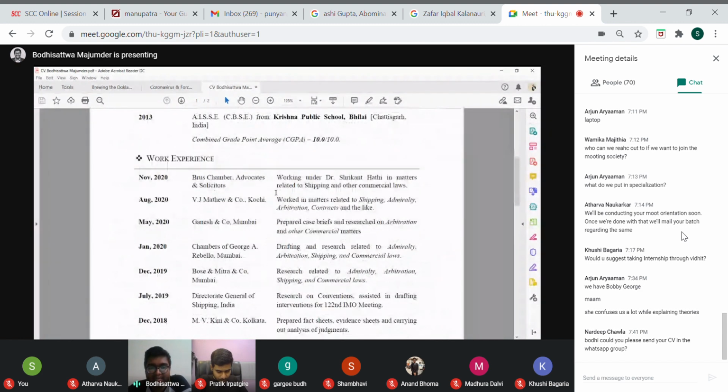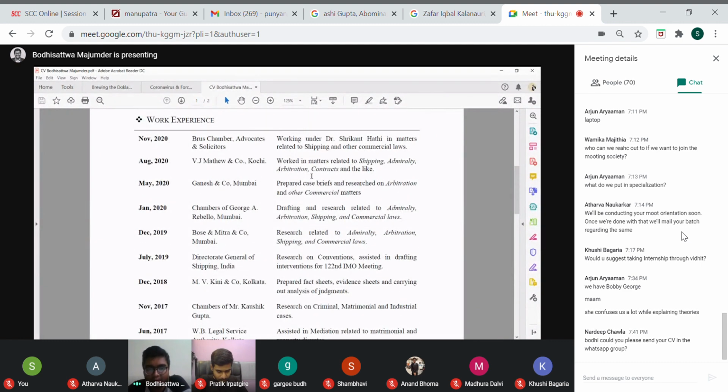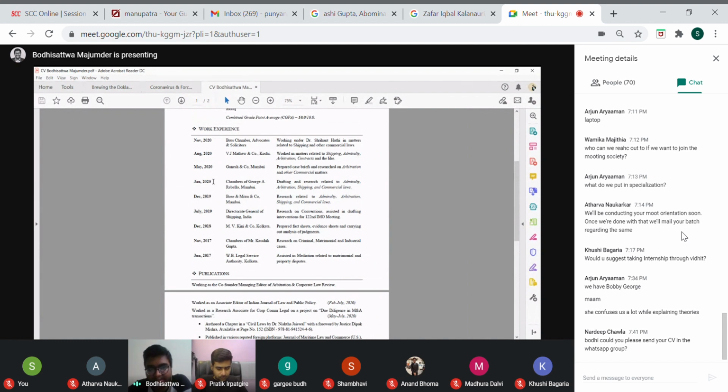And after that comes internships. So there you can make various differences. Some people write the name of the firm first, and then one line on the internship, the work done. But as I have a lot to cover, like I have around 10 internships in this small space, and internships should always be on the first page, I have shortened it. You all can write a little bit more on this.